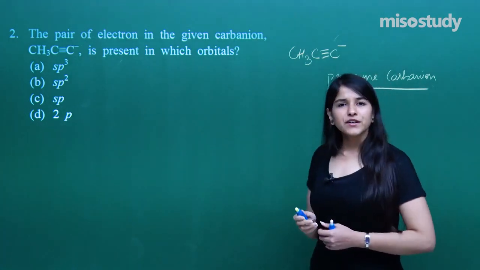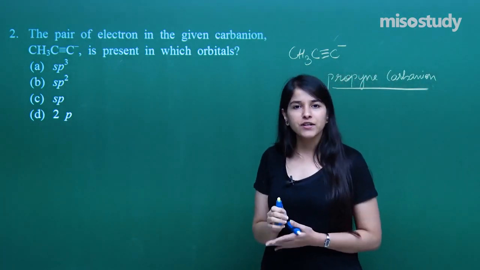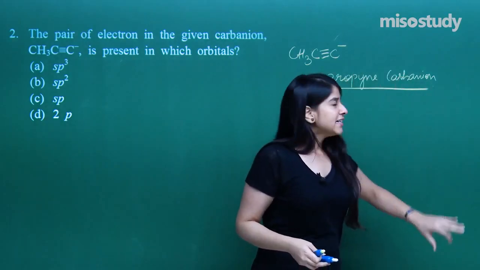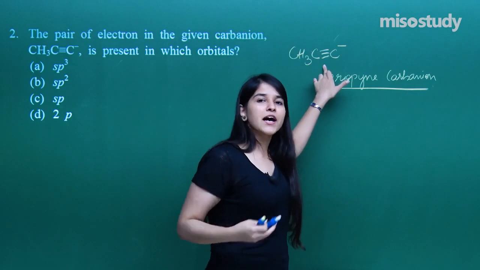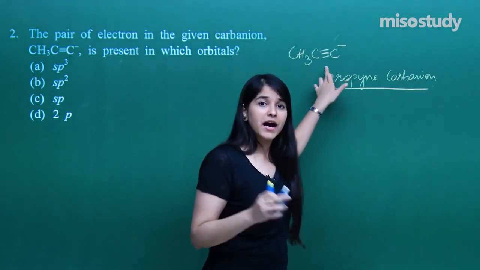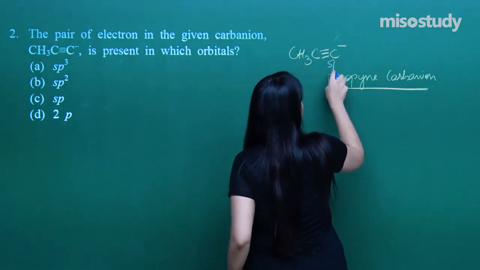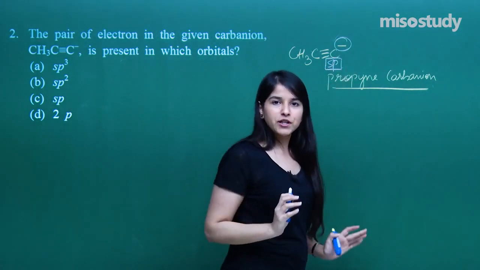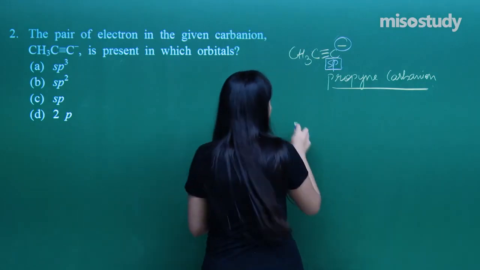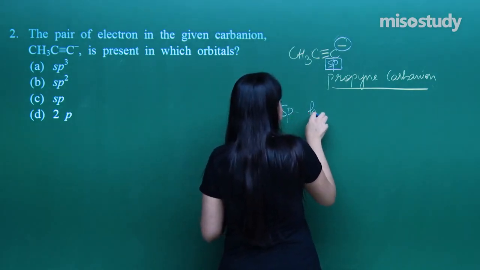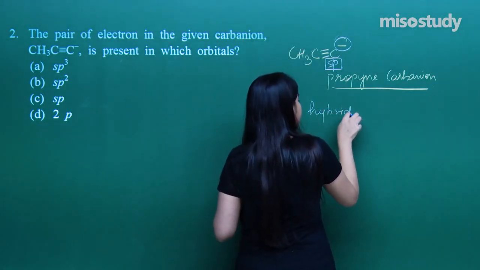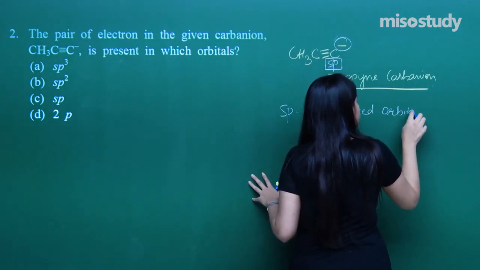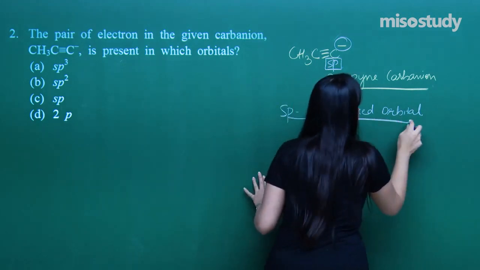If you see over here, we are very clear about where these electrons will be associated. Since this carbon is what? What is the hybridization of this carbon? That is sp hybridized. So we have got an sp hybridized carbon. These electrons will definitely lie in the sp hybridized orbitals. So sp hybridized orbitals will be containing this negative charge.